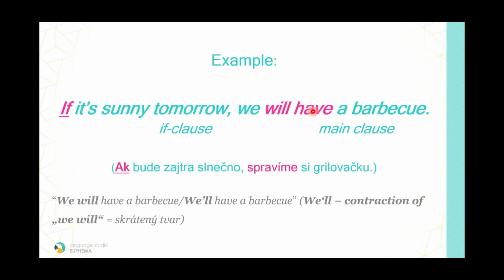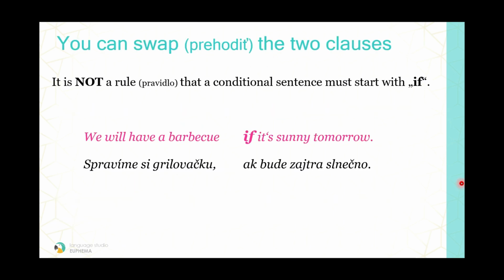Again, you can use this contraction here. So instead of we will have a barbecue, you say we'll have a barbecue. We'll have a barbecue. Another thing you should know about the first conditional, that it is possible to swap the